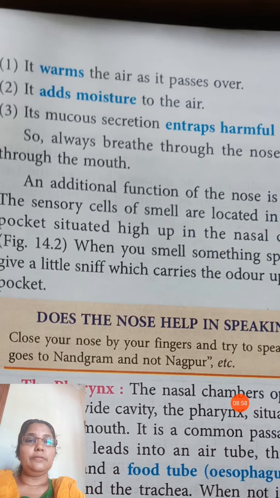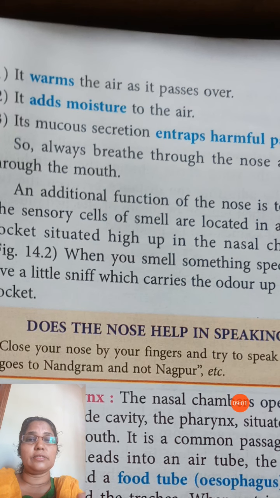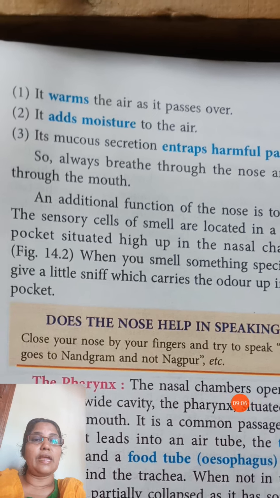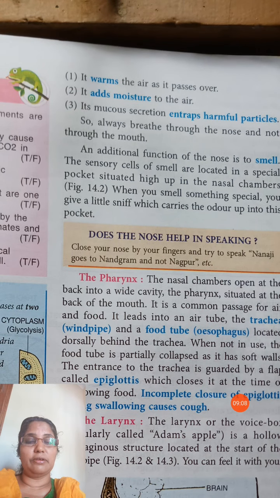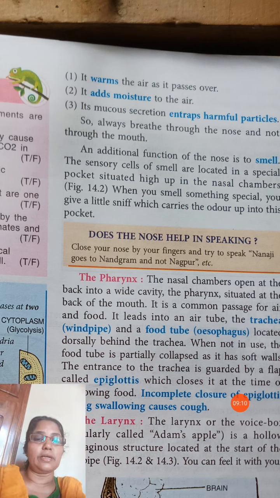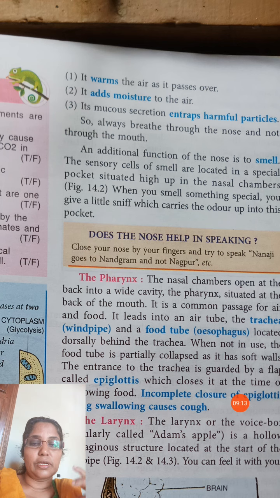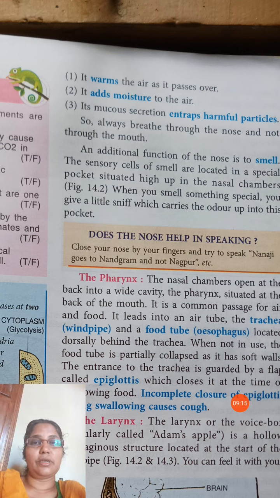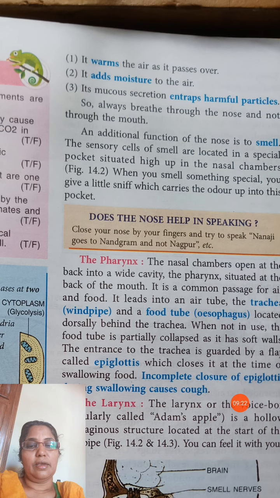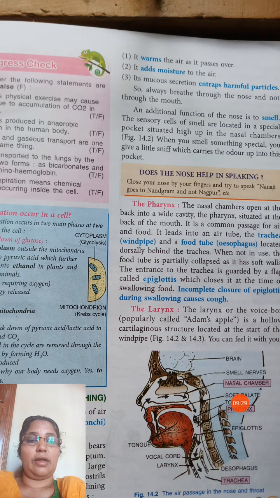So again our nostrils or nasal chamber have mucus secretion that can entrap harmful particles. If any dust or harmful particle enters the nose, that mucus, അതിനകത്ത് നനവ് ഉണ്ടായിരിക്കും, അതാണ് mucus. That mucus can trap the germs and substances, making the air pure. The air entering the lungs should be pure. That is, some of our defense functions are done by the nasal chamber.